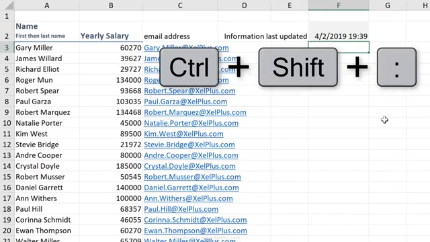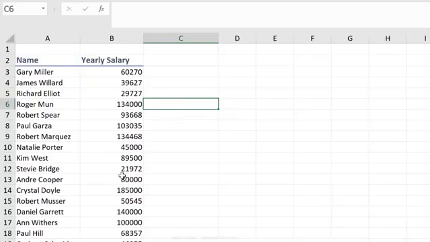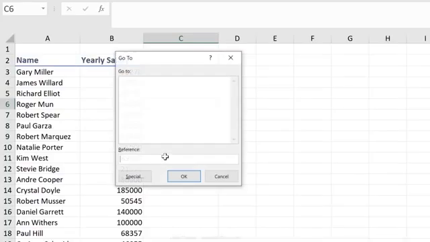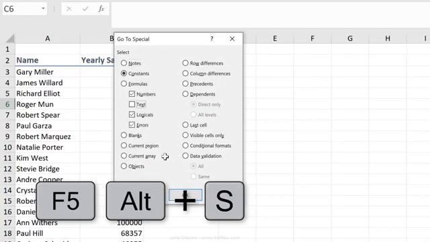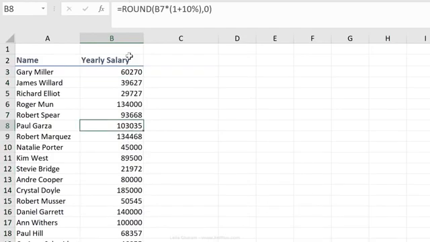One bonus tip, when I receive a new file and I want to highlight all the constants in that file, I press F5, Alt S, OX, Enter. This highlights all the numbers that don't have formulas behind them. So here I can see this has a formula behind it. What I recommend you do is to pick